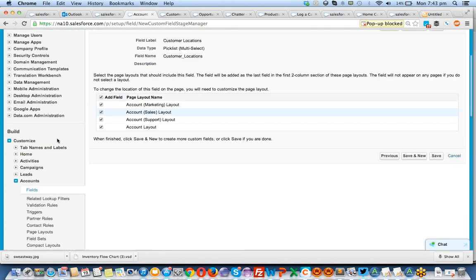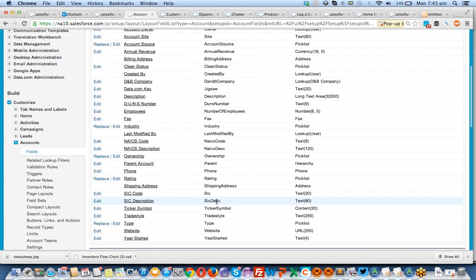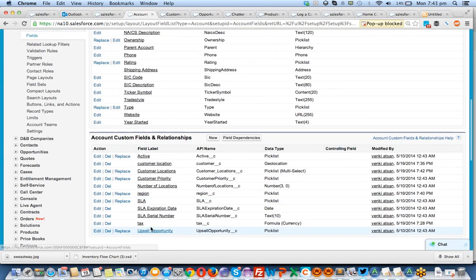So there's a problem because I have gone back. Because this field is already created, you're overriding the current changes. Initially it will work, but you've edited it and completely saved. Click on the third one, customer locations. Click on edit,